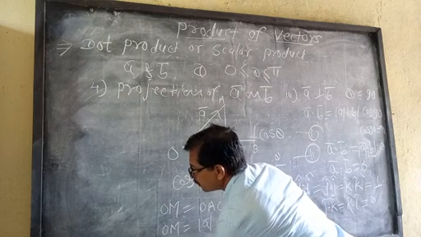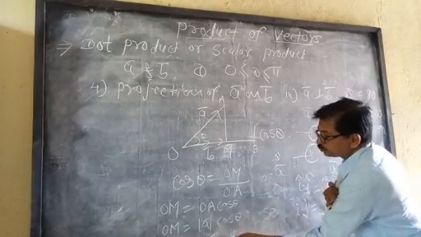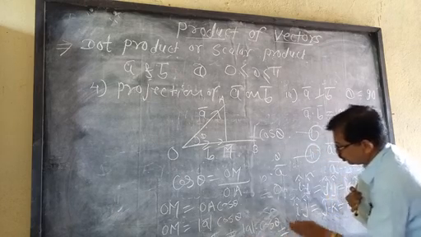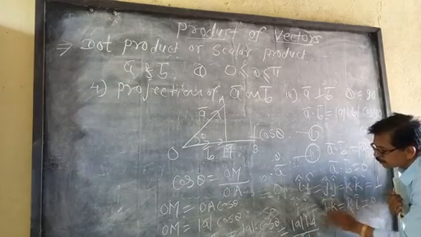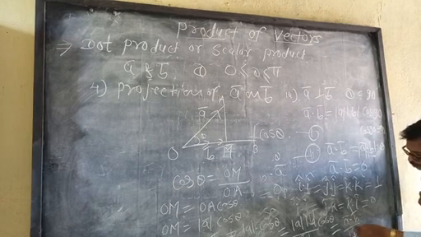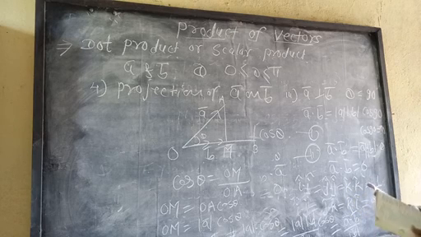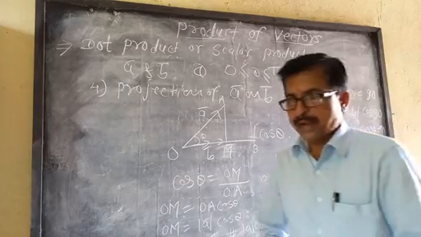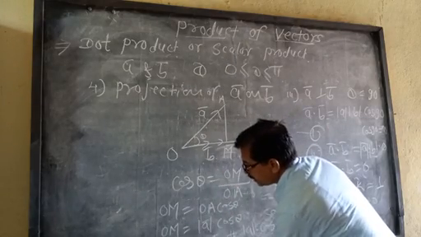That is, the projection of vector A on vector B is equal to magnitude of vector A into cos theta, which is equal to magnitude of A into magnitude of B divided by magnitude of B into cos theta, which is equal to vector A dot B upon magnitude of vector B. That is, the projection of vector A on vector B is equal to A dot B upon magnitude of vector B. If the projection of vector B on vector A